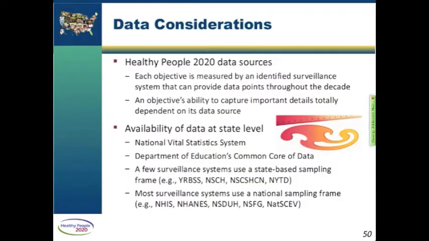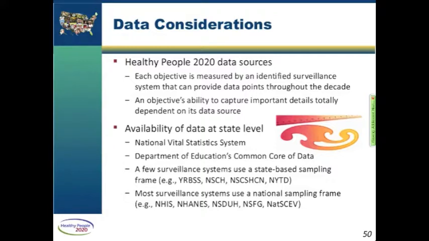Next slide, please. Healthy People 2020 data sources are very unique. However, it's important to recognize that an objective's ability to capture important details is totally dependent on the data source, and some data sources provide more information than others. To maximize the usefulness of Healthy People 2020, it's very important for states to be able to measure as many objectives as possible. I wanted to talk a little bit about which types of objectives might have data available